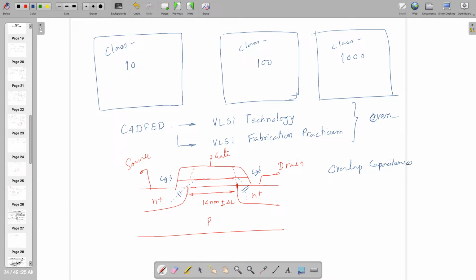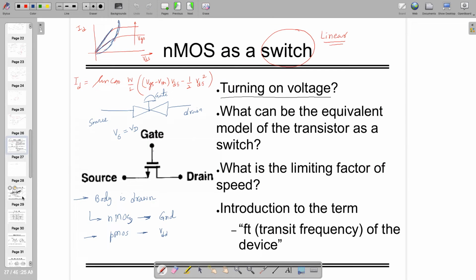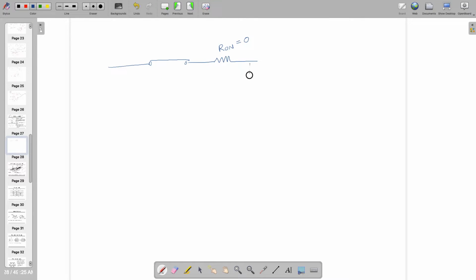Right? So here I am just drawing this. If you are working at high frequency, CGS, CGD, CSB, CDB, all these things will be there, right? So that is what is going to happen. Effectively, there is a big capacitance, combining all the capacitances and keeping it here. So this will limit the